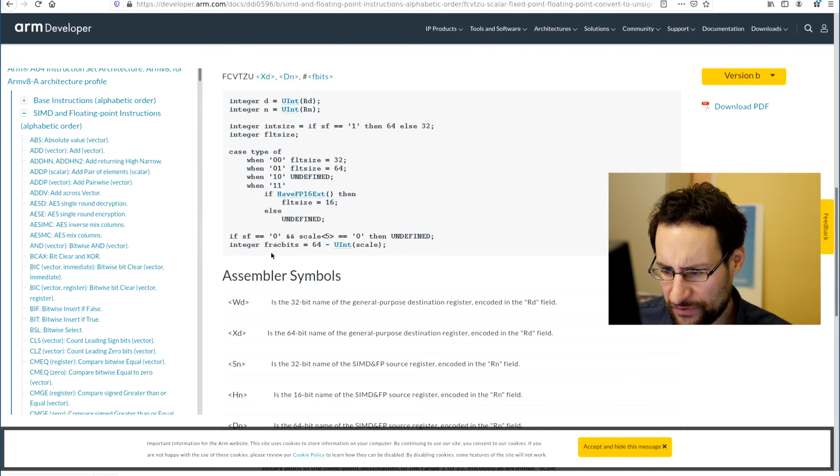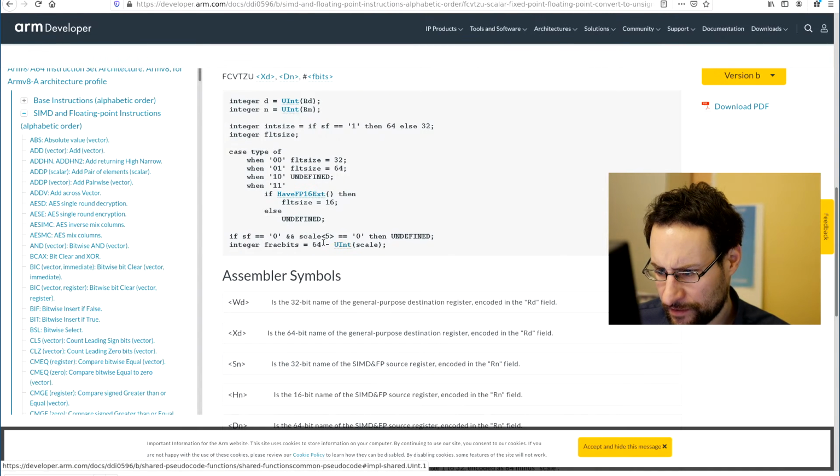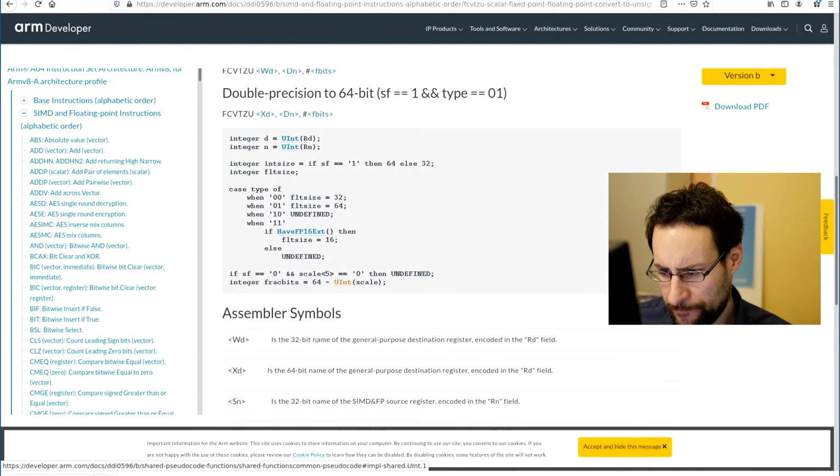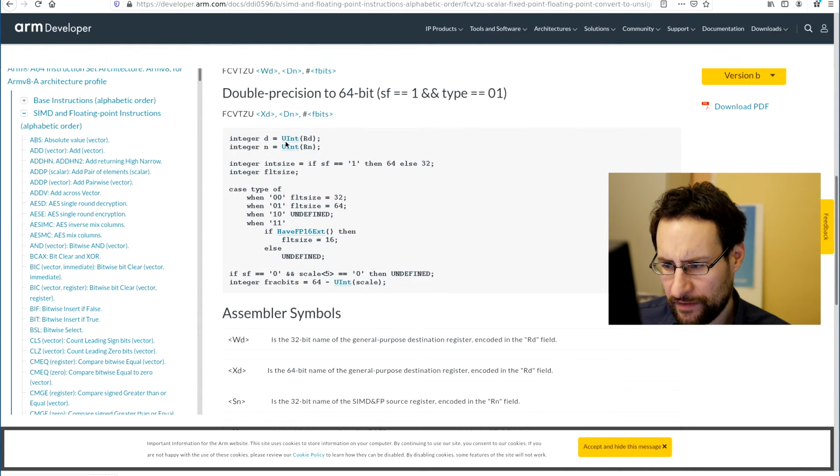But how this should work: if scalar is undefined, otherwise integer fractional bits 64 minus u in scale, 64-bit, is this the final result? And fractional bits, yes, because if you click on this UInt,